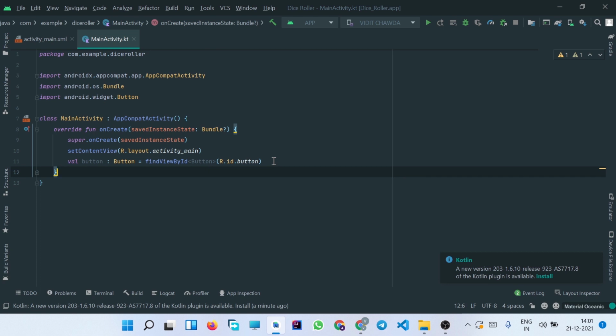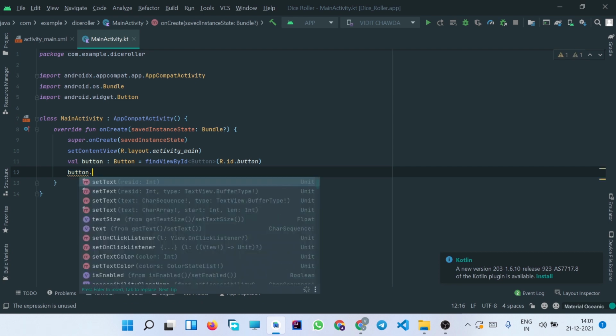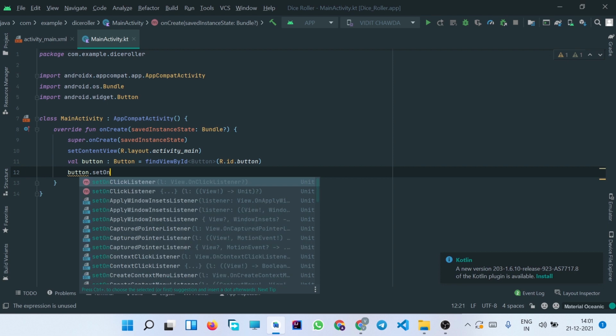So now we are going to use a higher order function which is called setOnClickListener. This setOnClickListener function is used to define whatever action has to be performed when the button will be clicked. So let us write the function for that. Since we have declared a variable called button which is storing the reference of the button, we'll write button dot setOnClickListener,